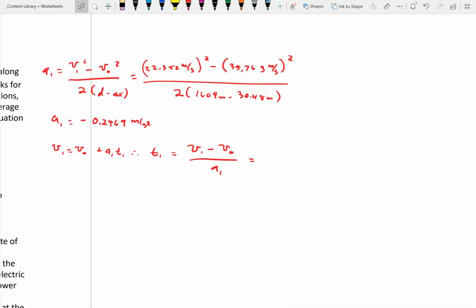So I'm going to take my v1, 22.352 meters per second, minus the initial, 35.763 meters per second, divided by the acceleration, minus 0.2469 meters per second squared. And I find that time 1 is equal to